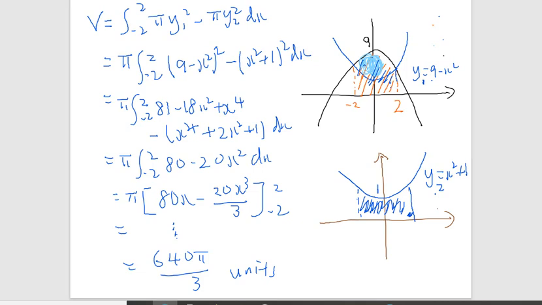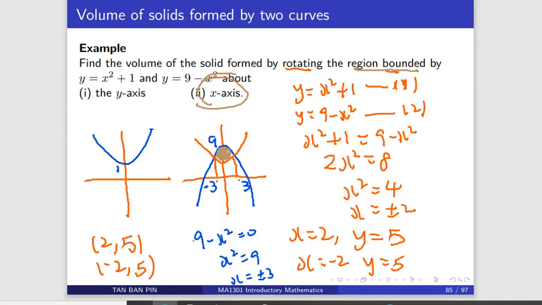That will give you the volume formed by the region bounded between the two curves, which is quite different from what you did for the case when you rotate about y-axis, which you cut into two regions. One region only involves one graph. Each region only involves one curve. So you take note of the difference and understand it clearly, so that you know exactly what to do.